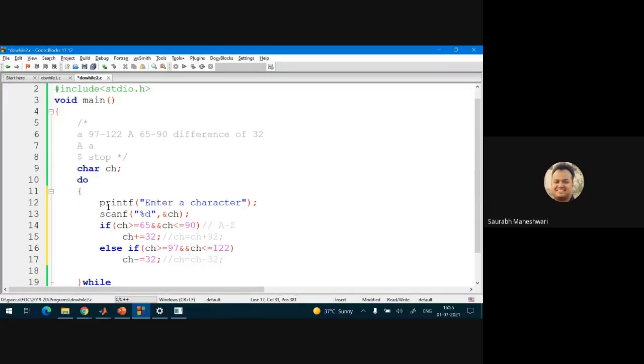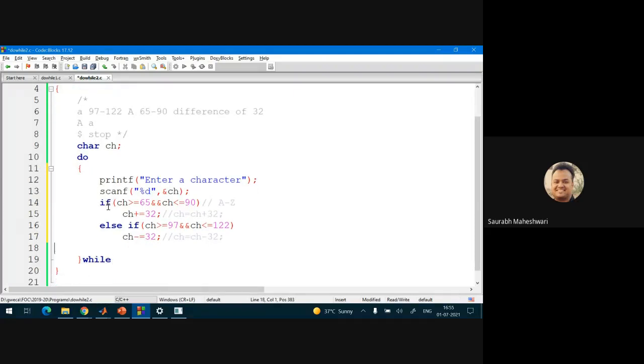Right? Now what is to be checked in while? That the character is not dollar sign.